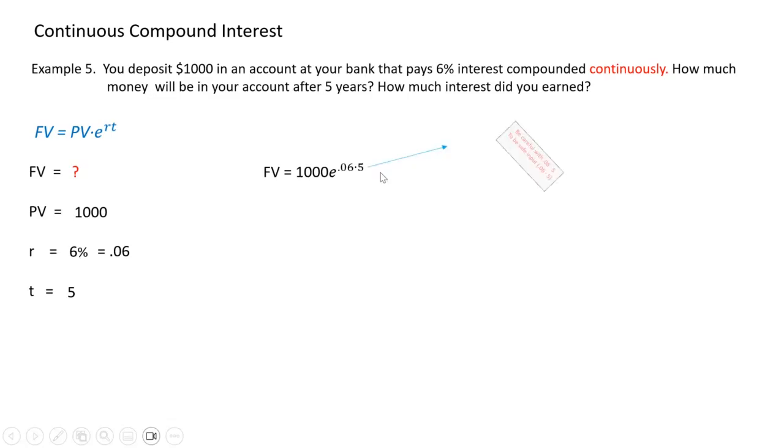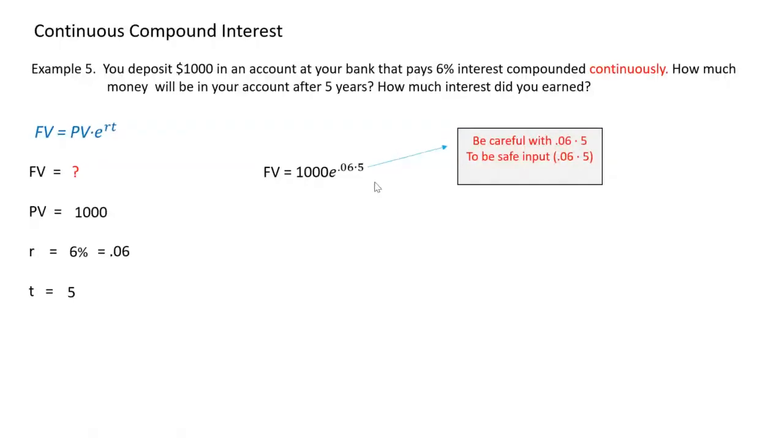But you have to be careful here, guys. It depends on what type of calculator you're using. If you're using the TI-83, TI-84, the new ones, you can actually just put 0.06 times 5. But on the rest, make sure that you put parentheses around 0.06 times 5, because if not, the calculator is going to follow PEMDAS, which is order of operations, and you will get the wrong answer. Okay? So once you enter into the calculator, this is your result,